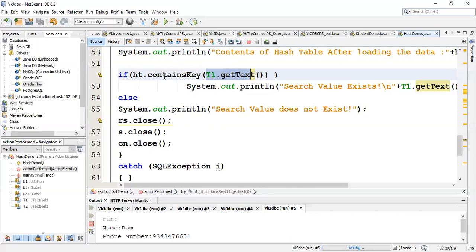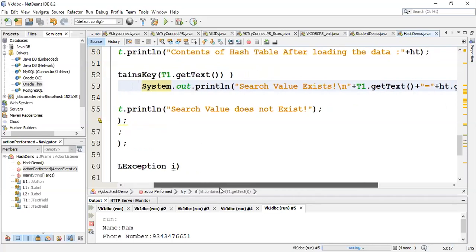First I will check whether that key exists with this condition ht.contains(key). If I pass a proper key value which exists in my table, for example Ram, it will return true because that key exists. If I pass something like Govind, which doesn't exist, the contains key method will return false. But anyway, let us assume that I have entered the name as Ram. So Ram, does it contain? Yes. Because it contains, now what am I going to display here?